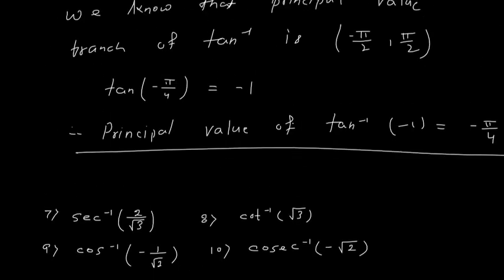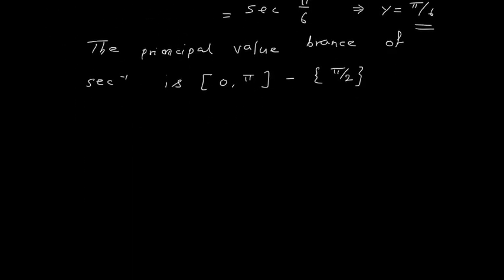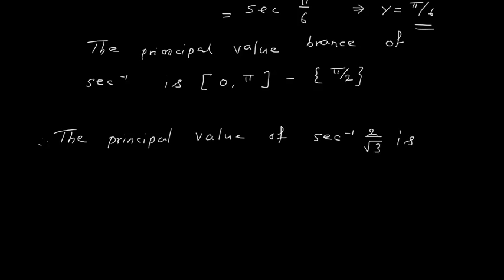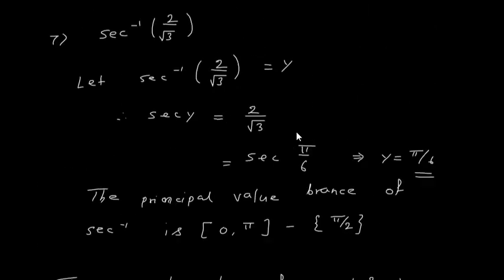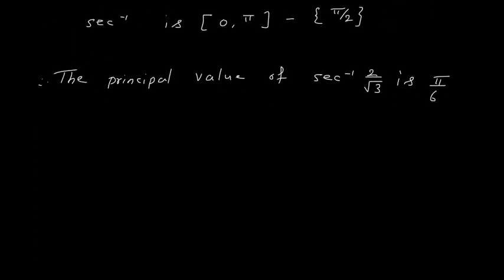So therefore we will say that the principal value of sec inverse 2 upon root 3 is pi upon 6. 8th problem is cot inverse root 3. So our 8th problem is